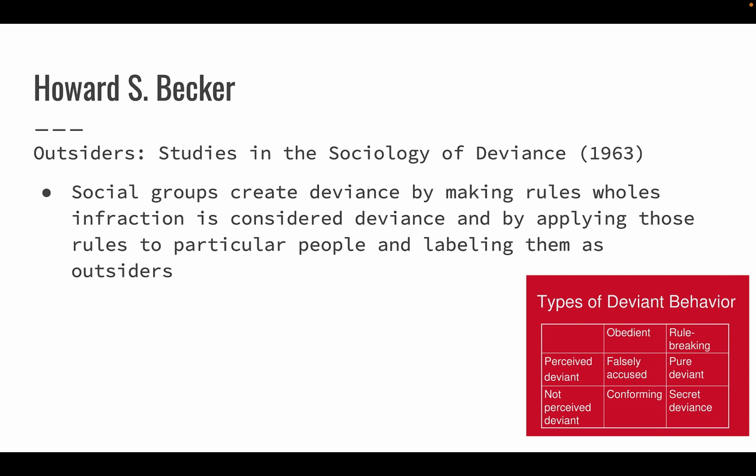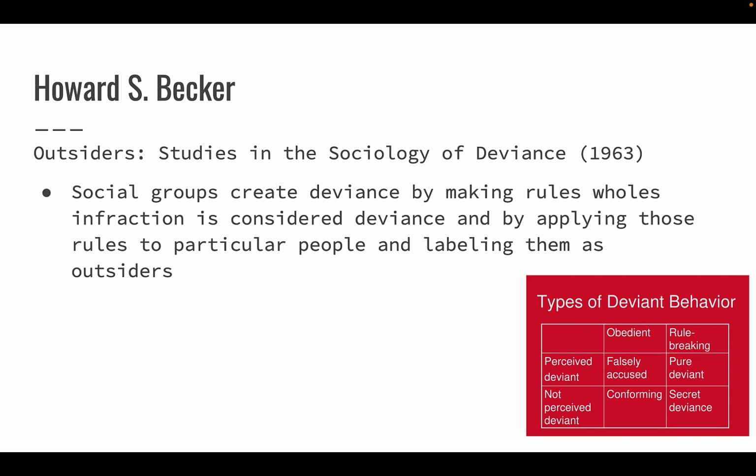So a key aspect to labeling deviance is to realize that certain groups have the power to impose rules on others, and other groups just don't, right? So some people have power, they can label other people, label other groups, and other people have none of that power. So this power differential results in those groups with authority to designate over other individuals as deviants and outsiders. And he also says that deviance has two